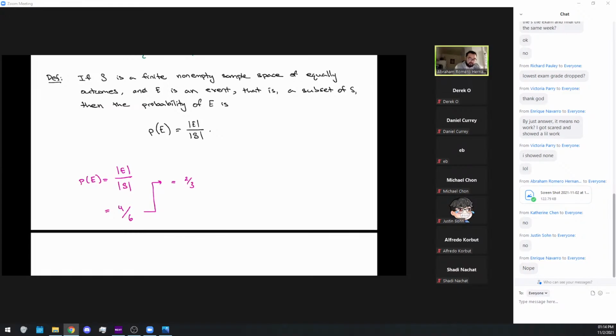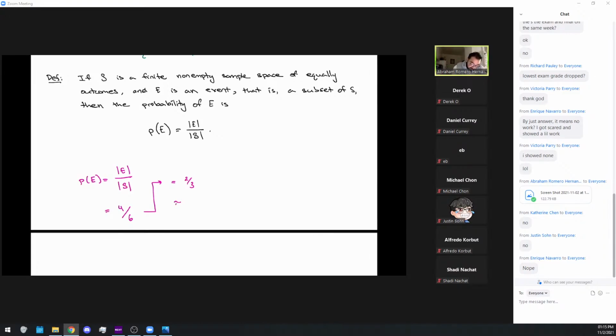If you have your calculator, I will leave it as a fraction, honestly. I will prefer it as a fraction. I don't want it as a percentage unless I state it. I don't want a decimal unless it's stated or given to you in that form. But other than that, leave it as a fraction.